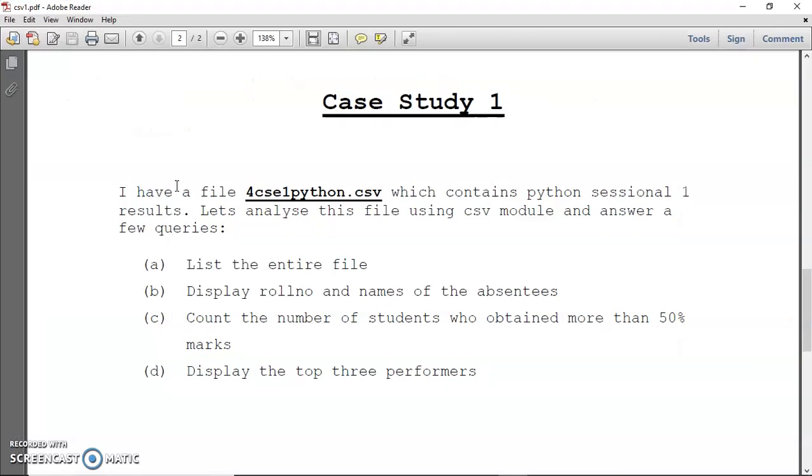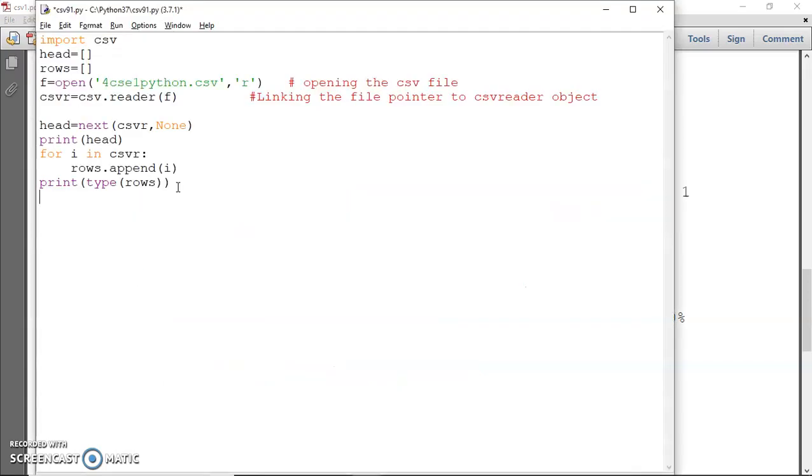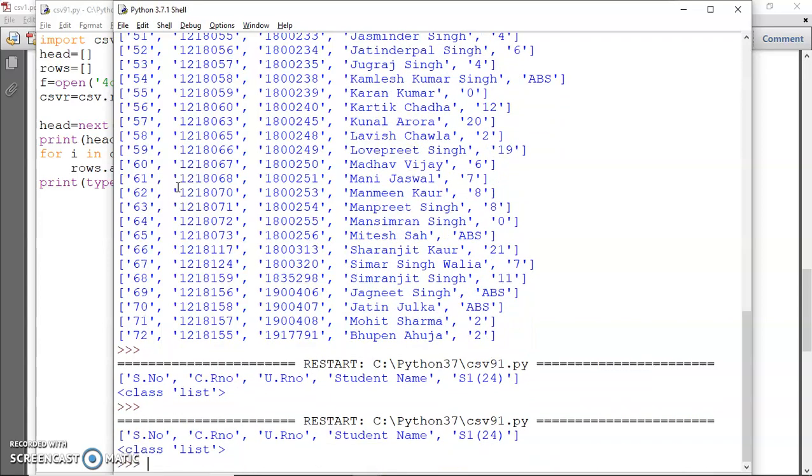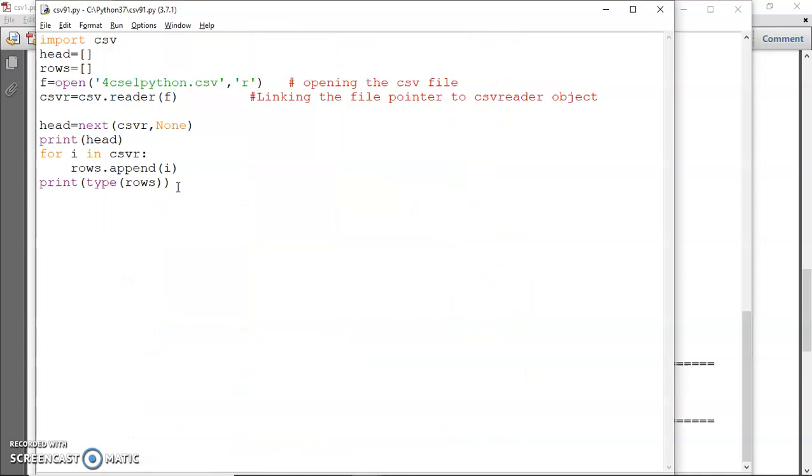Now suppose I want to do the first queries. We have done it, list the entire file. Now display roll number and names of the absentees. As we saw in this header, the marks are in the fourth column, at index 4: zeroth, then 1, 2, 3, 4. So I just need to parse that.